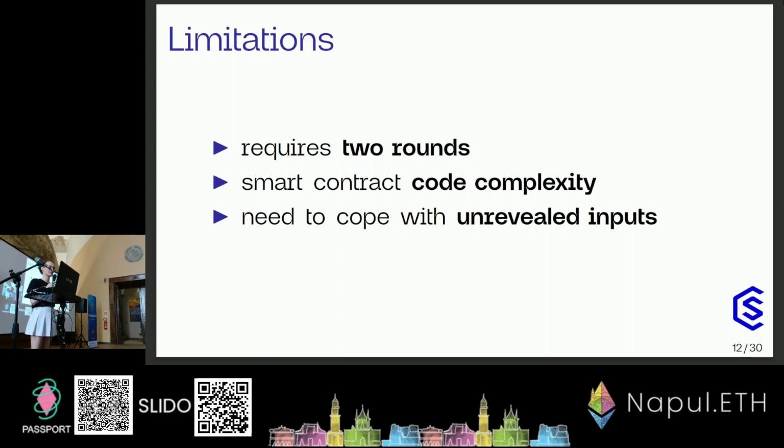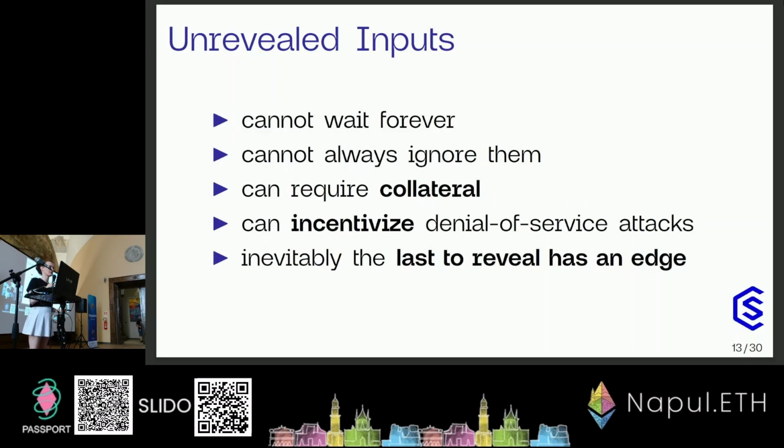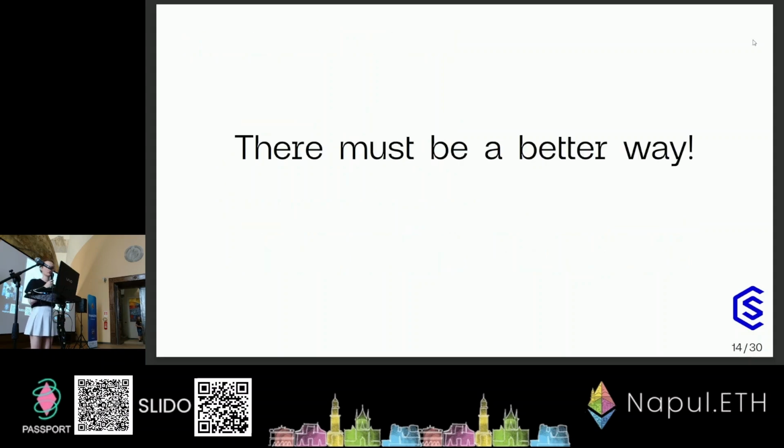To expand on that, because only the sender can open a traditional commitment, what if they don't reveal, where you don't want to wait for them? But if you ignore them, this also opens more attack surface. So what some protocols can do is require collateral so that they can take collateral from people who don't reveal their commitments. But then the question is, is this enough collateral? The other question is, can other people DOS your internet connection so that you cannot